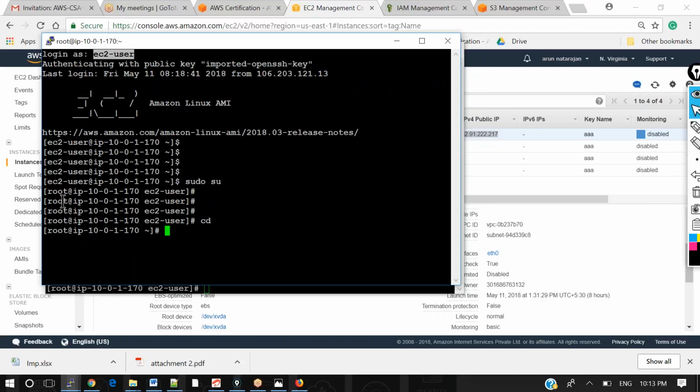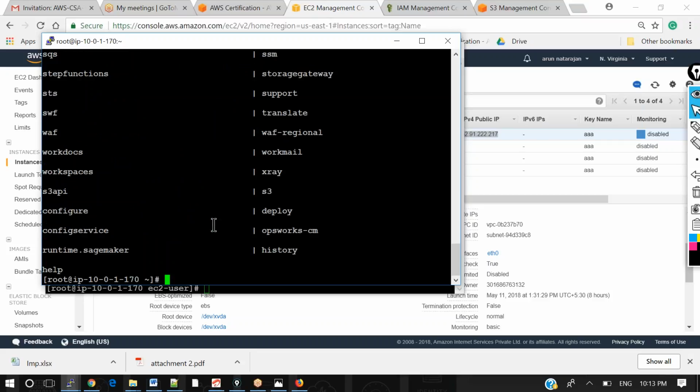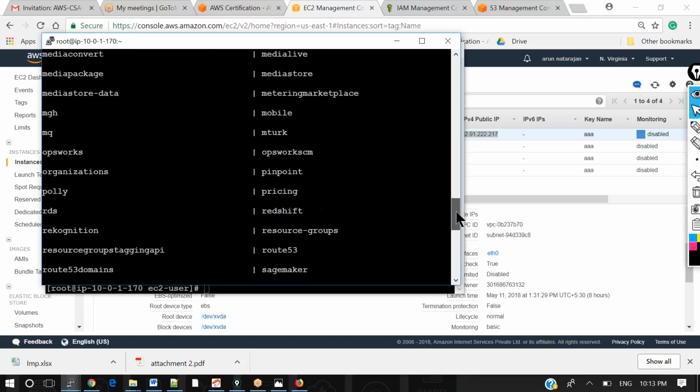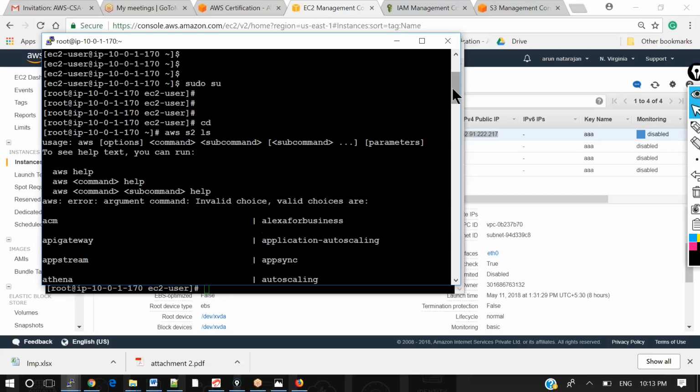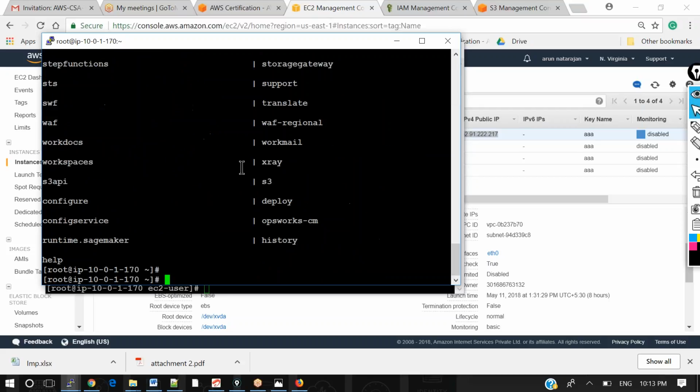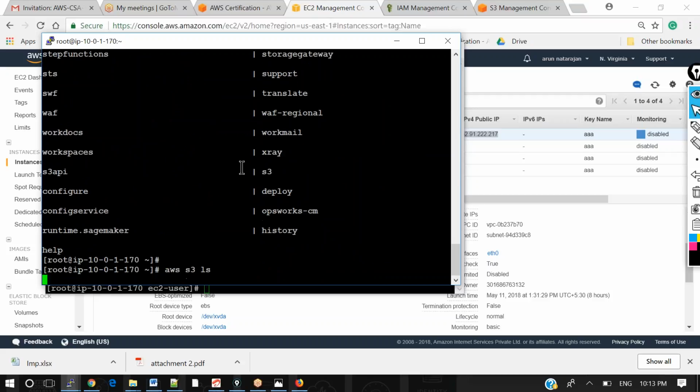So what I'm trying to do here is, from the server, access my S3 bucket, that is my AWS storage. That is aws s3 ls. Here you could see I'm not able to list the buckets from S3. Sorry, I typed S2, it should be S3.